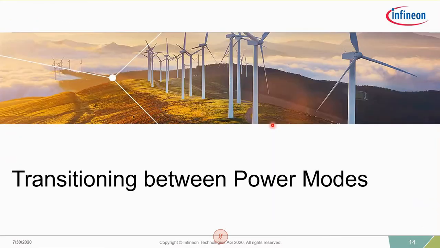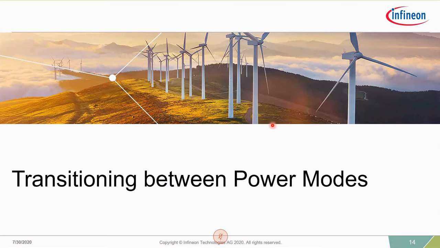To enter each of these power modes, we have to follow certain steps. We'll see the main steps that we need to follow and to transition between modes.